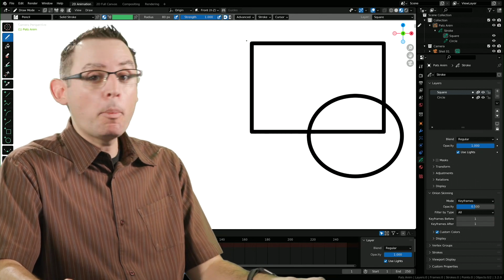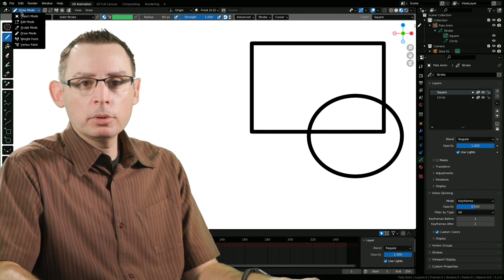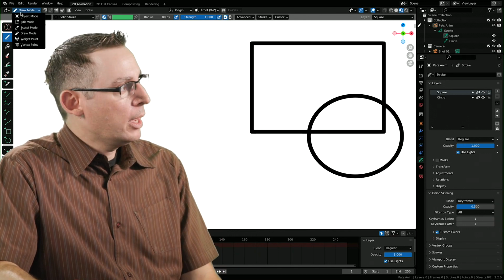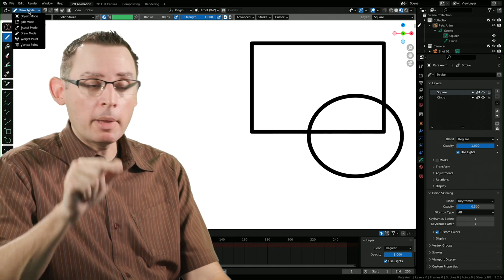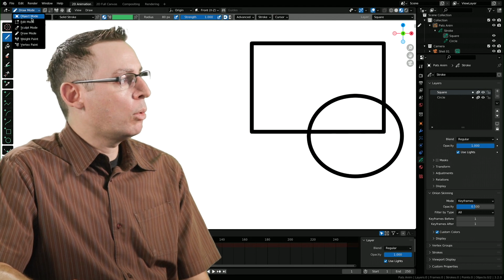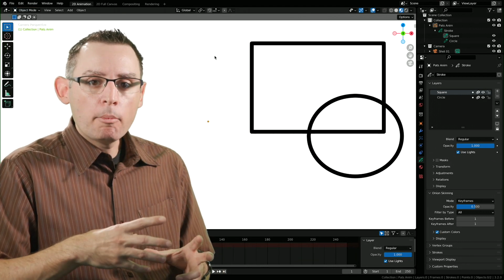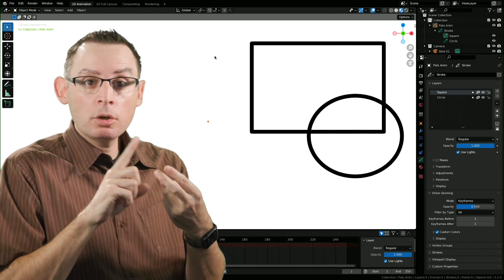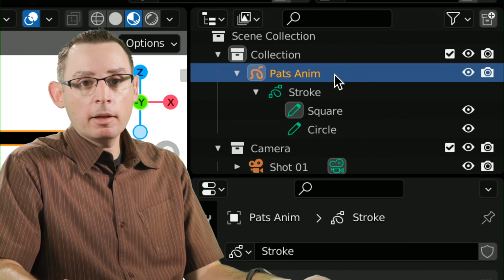I'm going to go to the upper left-hand corner of my interface, and you're going to find this little pull-down menu. I apologize if I'm in the way. Right now it says draw mode, but if we were to click on the text, it's actually a pull-down menu, and you can see all the modes that we have access to. I'm going to go into object mode real fast. Now we're no longer drawing, but we're manipulating the location, rotation, and scale of the entire backpack, of the entire object.